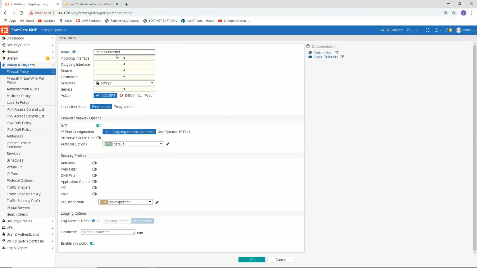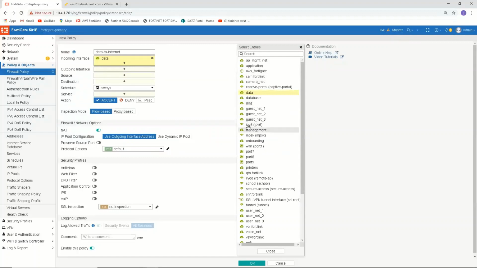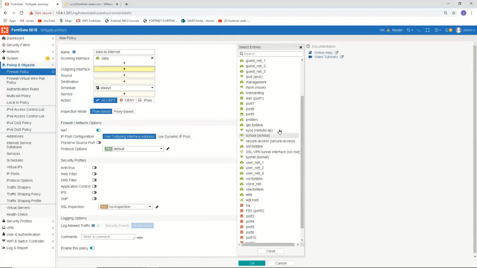VLANs that are over the layer 3, different VLANs that are on the internal network as well. So in this case, I'm going to go ahead and real simply create a data VLAN policy that allows for those hosts to forward traffic out to the internet through the FortiGate. So my incoming interface would of course be the new data VLAN. The outgoing interface would be the WAN port